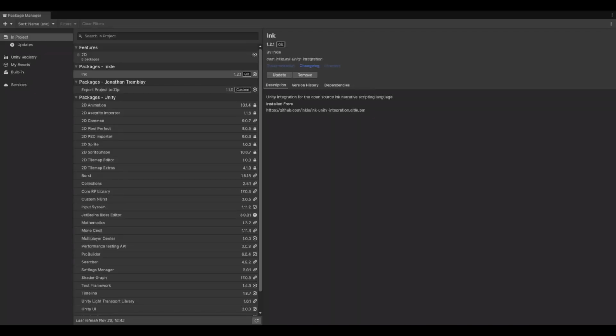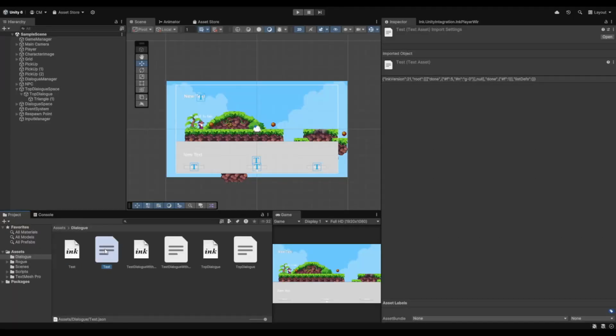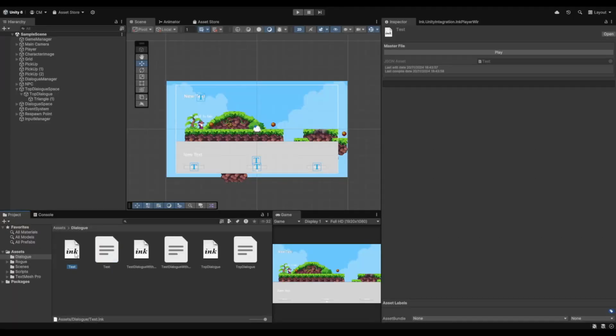If not, you can always open the package manager yourself. And you should see ink is now added to your project. You might have to download it or import it into your project yourself, but it really should work. Once you've done that, you'll be able to have a look at ink files in Unity. You'll be able to open those yourself or even create new ink files within Unity that can help provide dialogue